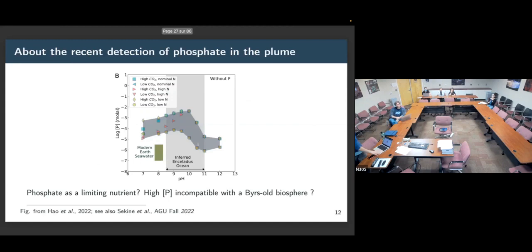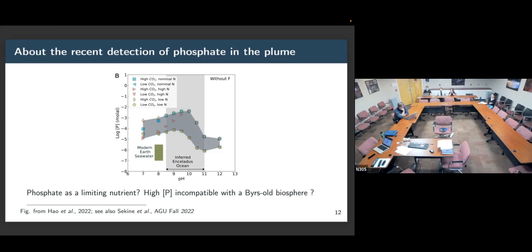Okay, just a very quick word. Recently, people have been discussing phosphate. Remember earlier when I was describing the model and I said, okay, assume that the bricks to build biomass are not a problem, they're accessible. For nitrogen, we had information that it was a good assumption because nitrogen is present in the form of ammonium in Enceladus' ocean. Also, methanogens typically are able to fixate mineral nitrogen, but phosphates, until recently, we didn't know much about it.